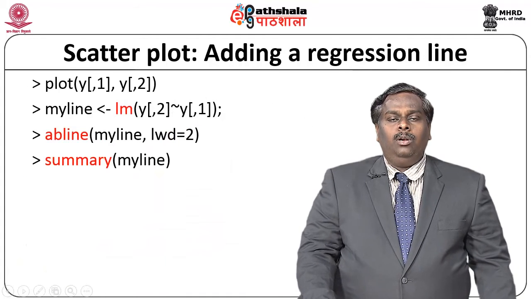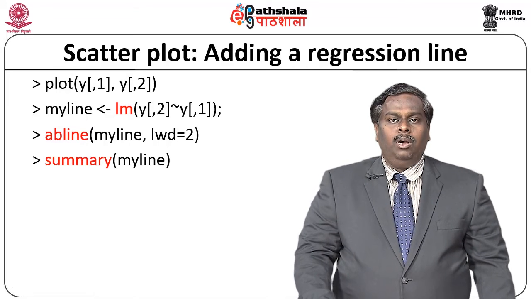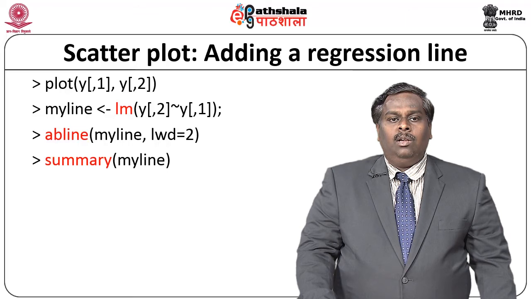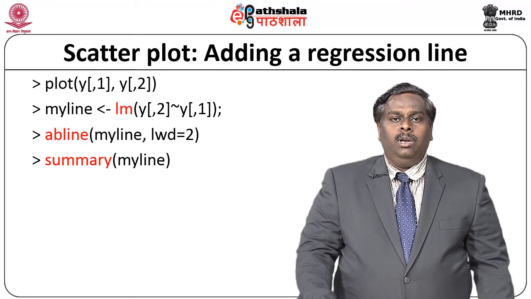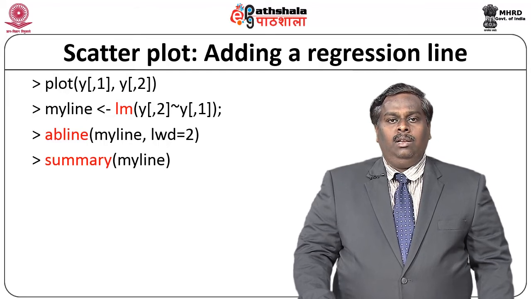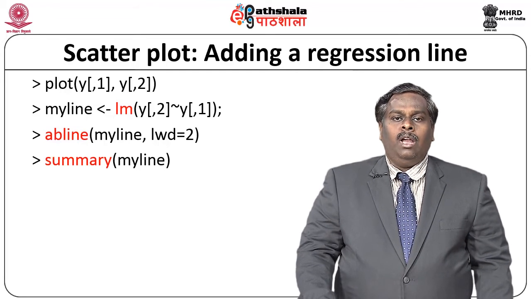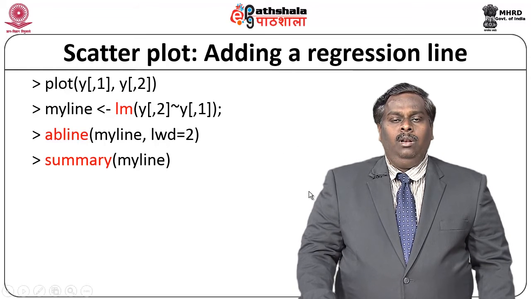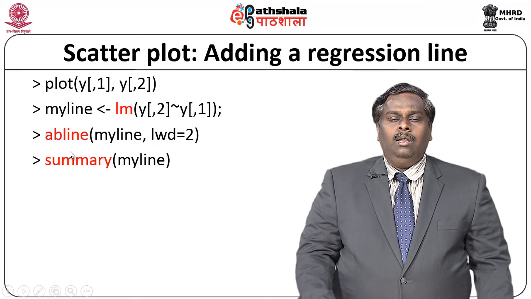Suppose you have a scatter plot and you want to draw or add a regression line to it. This can be done by making use of a regression model. For fitting a regression model, R has a function called LM, for linear regression model. If the LM method is called, a linear model is fit, and with the help of this linear model, a straight line that fits the given data points can be drawn using the abline method.